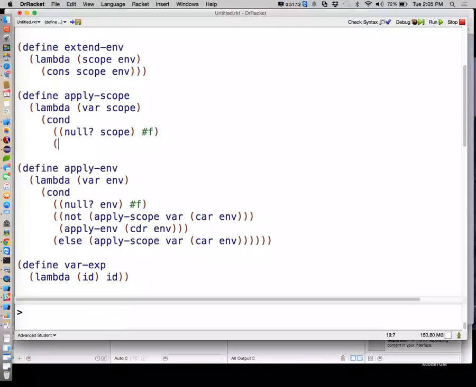Otherwise, we're going to take the car of the scope, which should be a two-list. We're going to take the car of that two-list, which should give us a variable. We're going to check to see if that variable is equivalent to the var we're looking for. If it's true, then we're going to return the